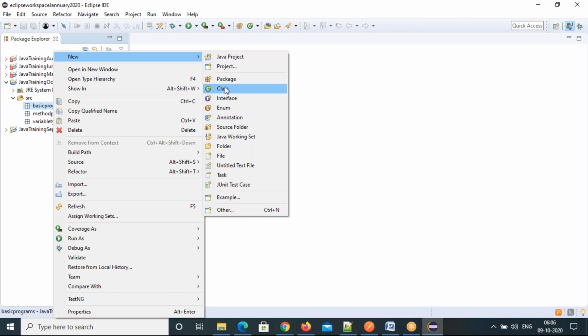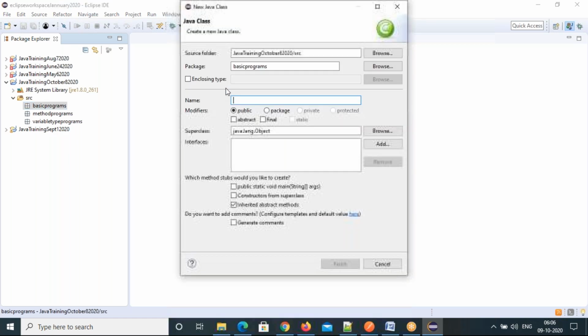You can create a new class, new interface, new enum, new folder, new file, anything with the new option. So we have to create a new class. Select the class. In this particular package, we are creating a class now. So this is the Java class. Create a new Java class. This is our source folder location, our project name /src is our source folder location. That means all your code will be available under this source folder location.